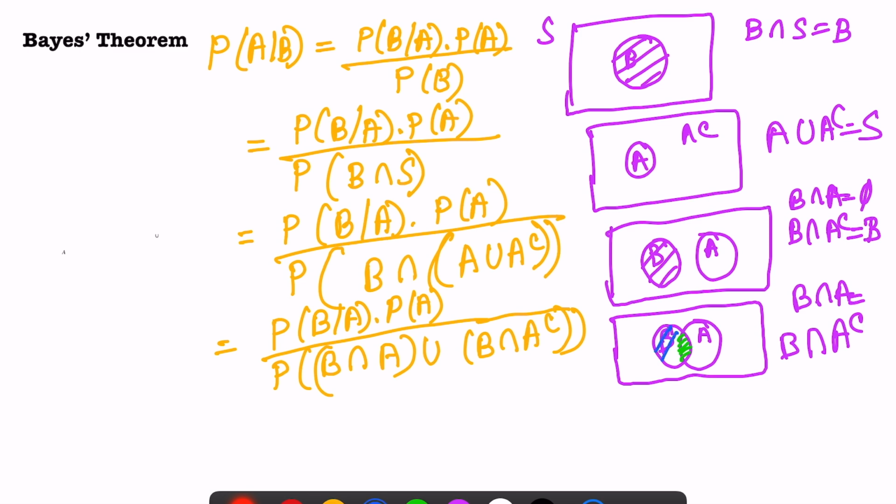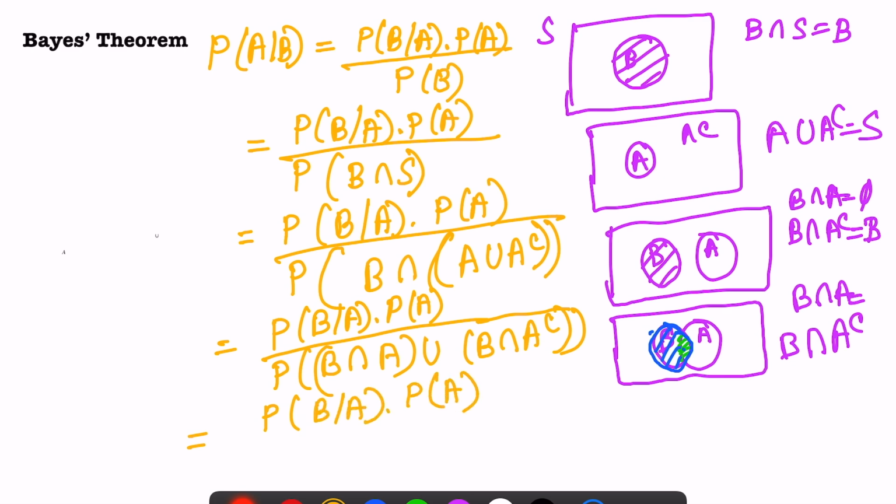This part. So if we just do the union of this green and blue part, we'll just get P, right? So this is simple. Now we just try to